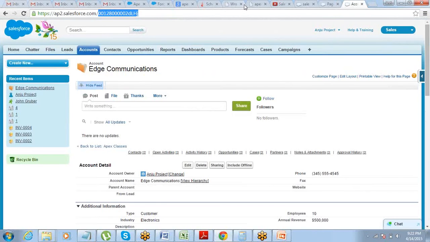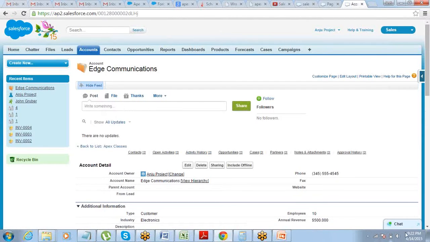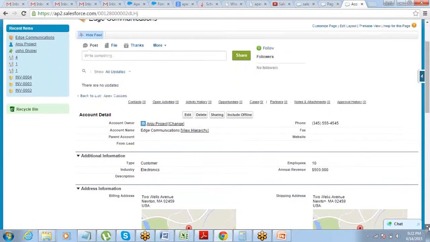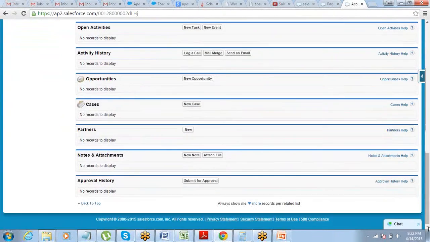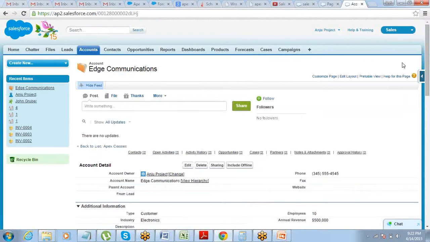So which means, now if I click on account, if you go to accounts, the Visualforce page, you supply the name of the page and all that stuff. And generally, if you click on an account and go and click on the name of an account, what happens? Details of that account open up. Okay, and this is a standard page. This is something that you have not created. This is a standard Salesforce page, right?